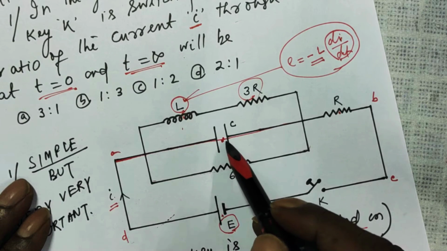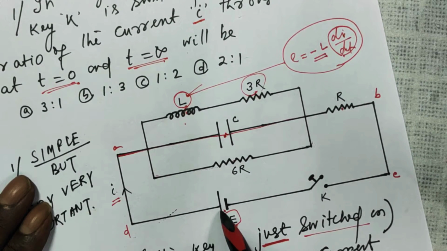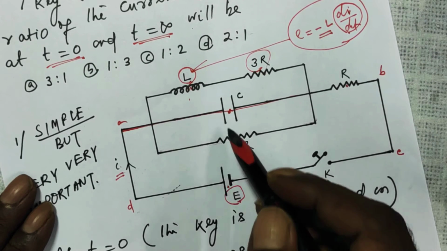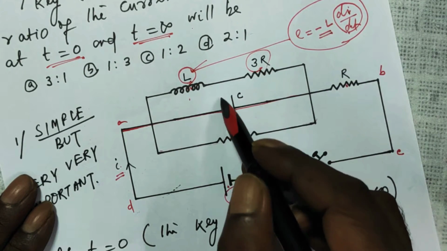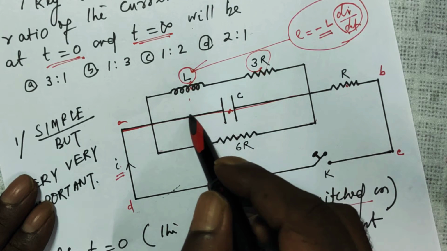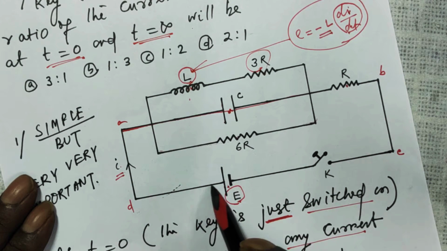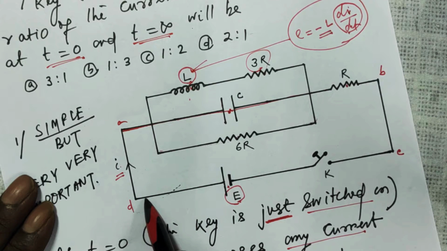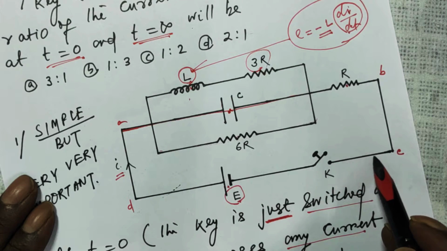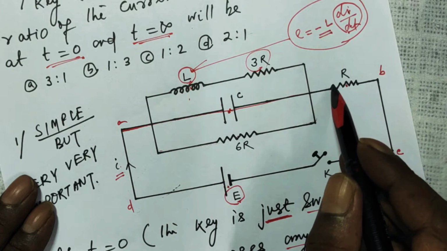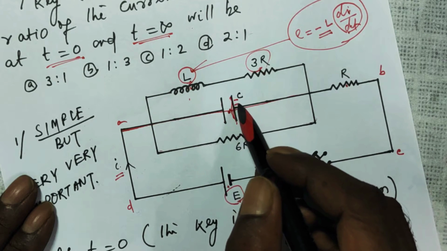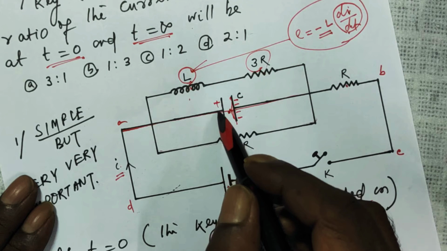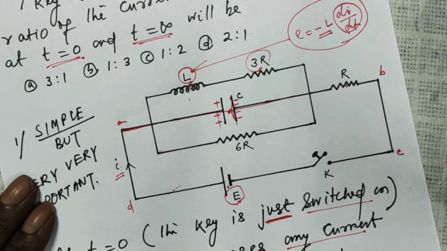This means the capacitor will get charged. This positive plate, which is connected to this side, will draw electrons from this plate. The electrons will move like this, therefore the current is this way. Those electrons will pass through the R and be given to this plate. So this plate becomes negatively charged, and this plate becomes positively charged.